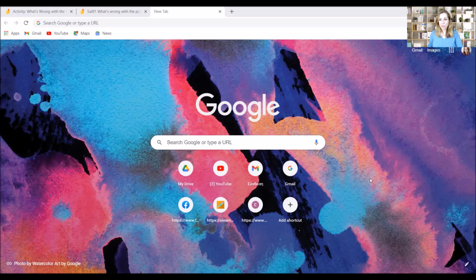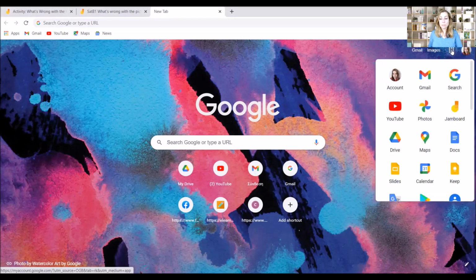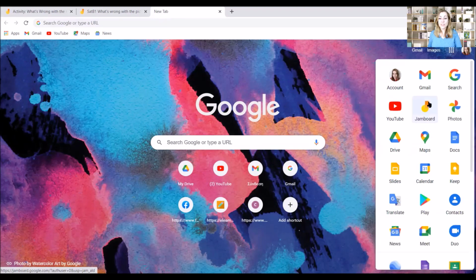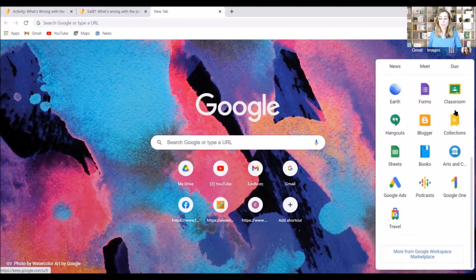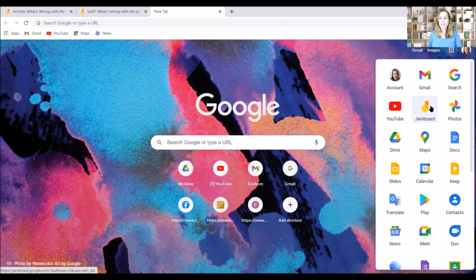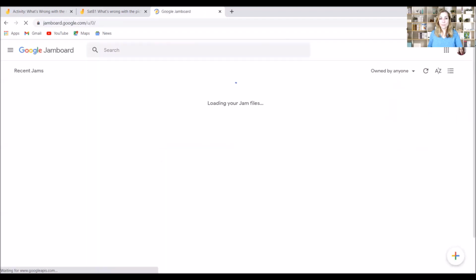All you have to do, if you have a Gmail account, go to your photo on the menu, click on the menu, and there you will find, amongst YouTube, Google Drive, Maps, whatever, Google Jamboard as well. It's where you found Docs, Sheets, Google Slides and everything. Mind you, you might need to scroll further down to find it. In my case, I've brought it higher up because I use it all the time. So you just click on it